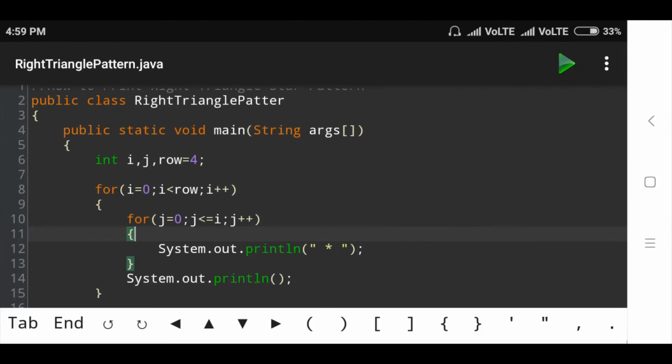Row denotes the number of rows you want to print. Here the initial i and j value is 0. We are starting the row and column values from 0. We can also start from 1. It's your choice.